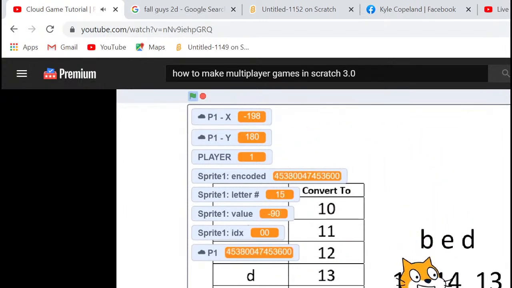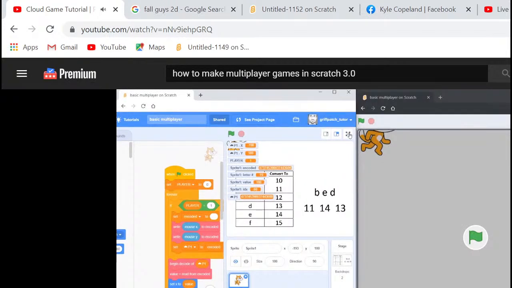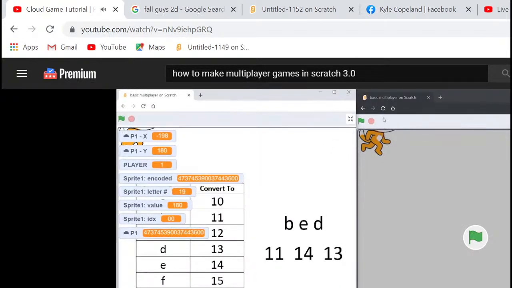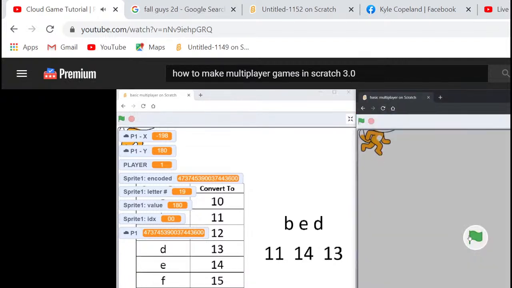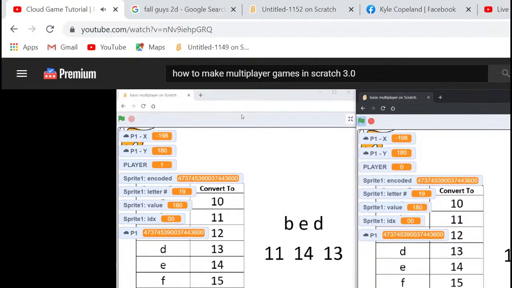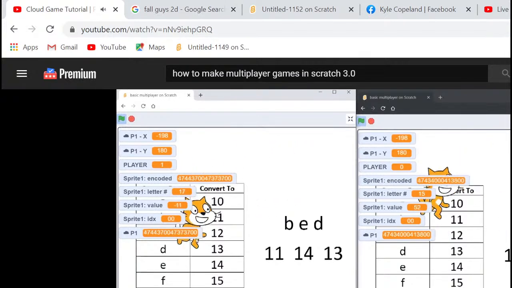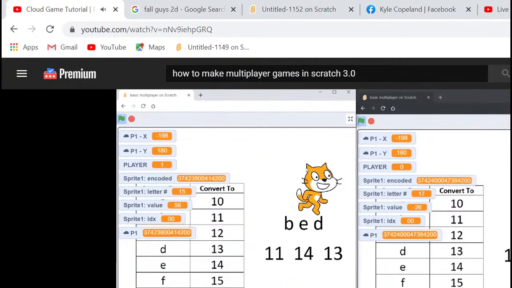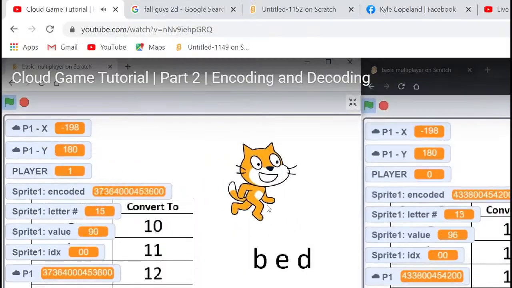But this is now the second moment of truth. Let's see if it works across web browsers. As in my previous video, I open a second incognito web browser and load up the same project in my Griffpatch account. Click the green flag on both projects. Then, clicking into the left-hand page, I press the 1 key to activate it as player 1. Moving the mouse around, you can see that the position of the player is mirrored far more accurately now than it was in the